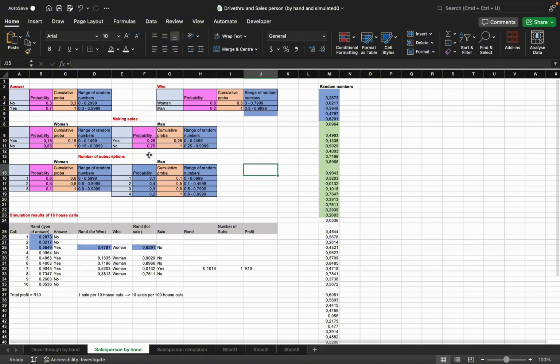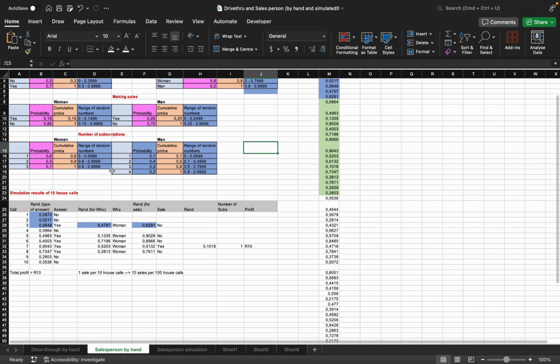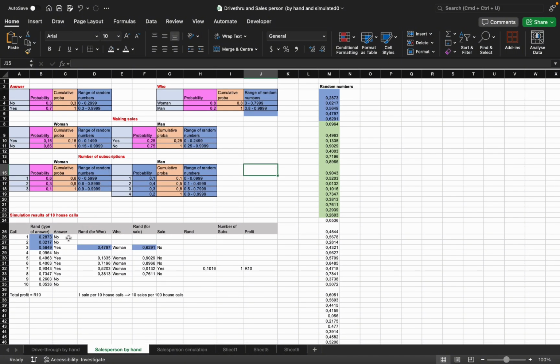I'm not exactly sure what the entire question is, but basically the way you go about it is you get 10 calls. Then you generate a random number that lets you know the type of answer that you have. So for example, if you generate a 0.2873, then you fall in this cumulative probability, which is a no. If it's more than a 0.3, it means you get a yes. So obviously if it's a no, we don't move forward. But once we get the cumulative probability in the range of a yes, then we have to ask ourselves,